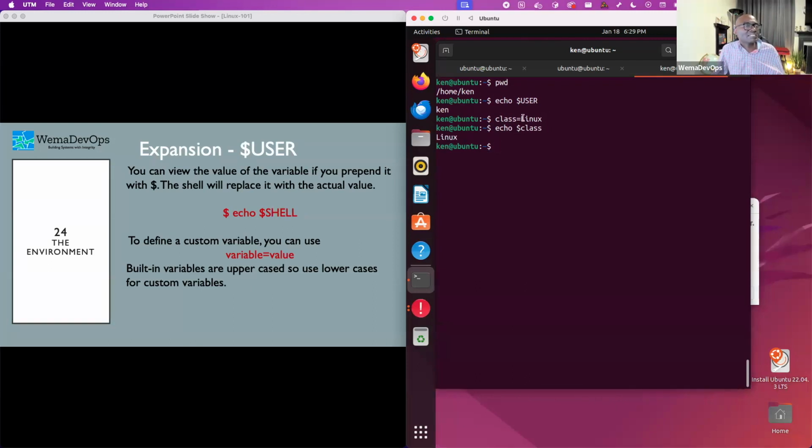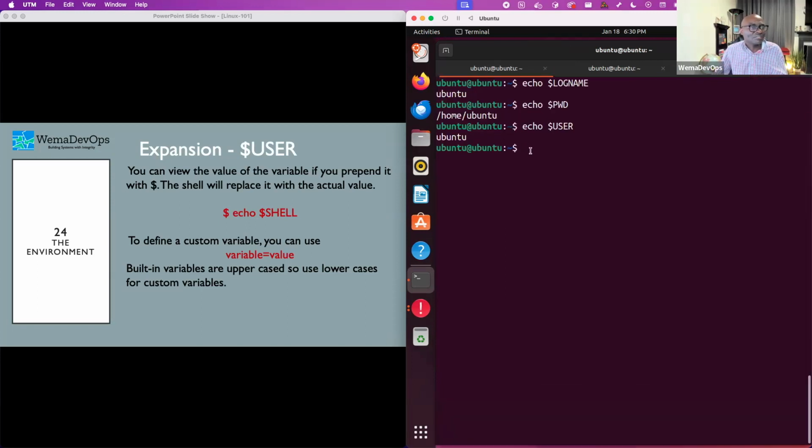Why? Because I just set this variable within my environment. So this becomes an environmental variable. This variable is only available within this environment. If I change the environment, let's say I'm logged in as Ubuntu, and I do echo $class,